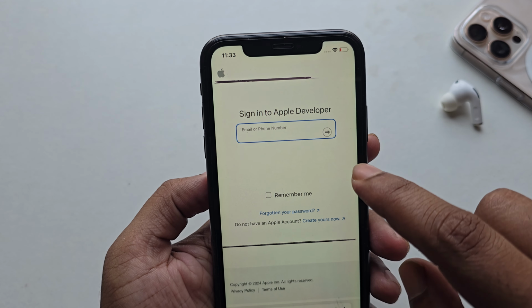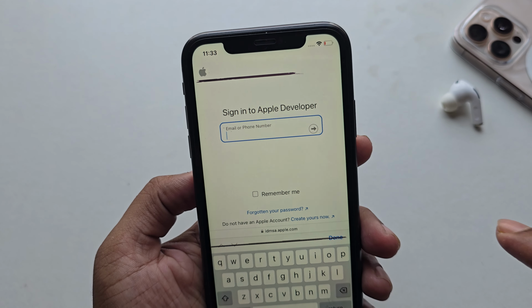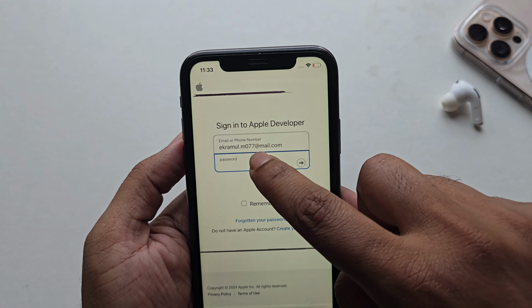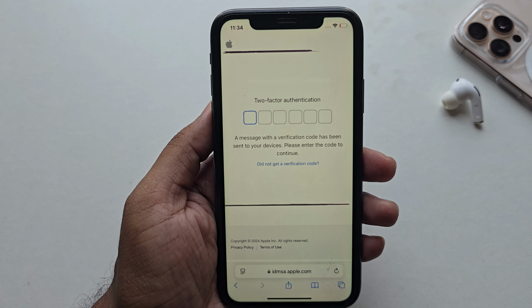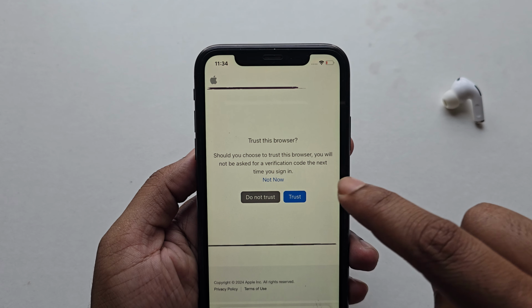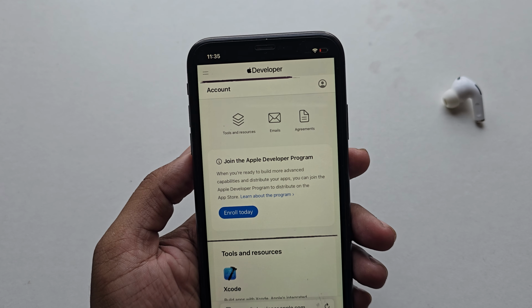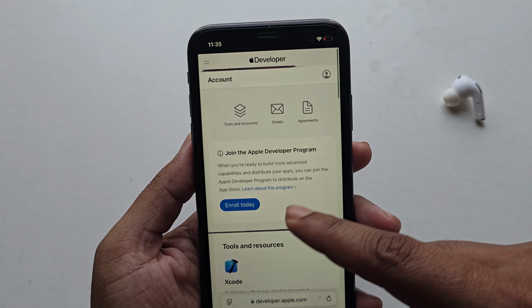So just log in with your current Apple ID here. Give your password as well, press Allow. Once done, press Trust. Once done, then you can see the Apple